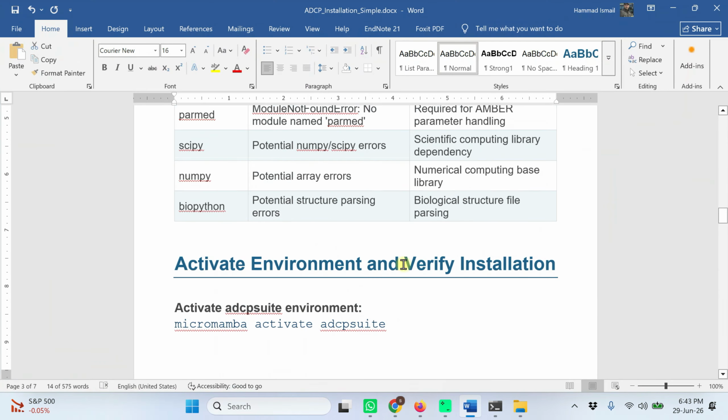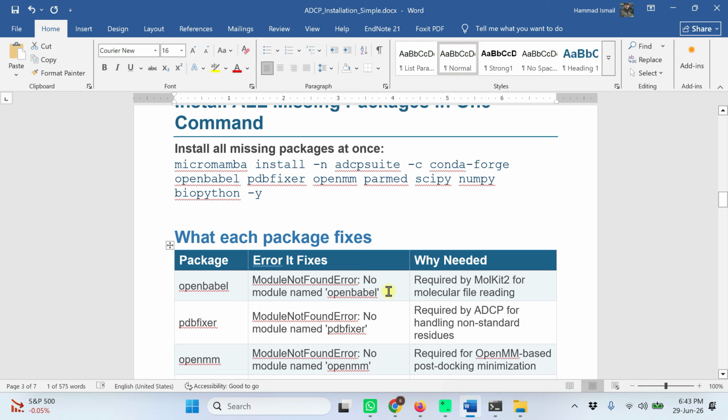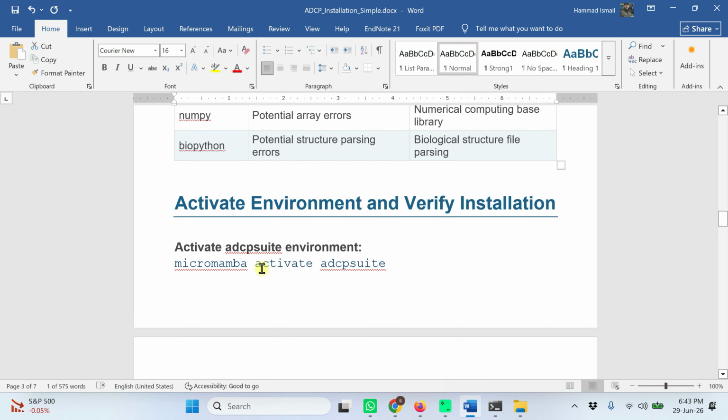So the next step is, in the previous step, we created an environment with the name ADCP Suite, using micromamba. Now we are going to activate it. For activating this, micromamba activate ADCP Suite.